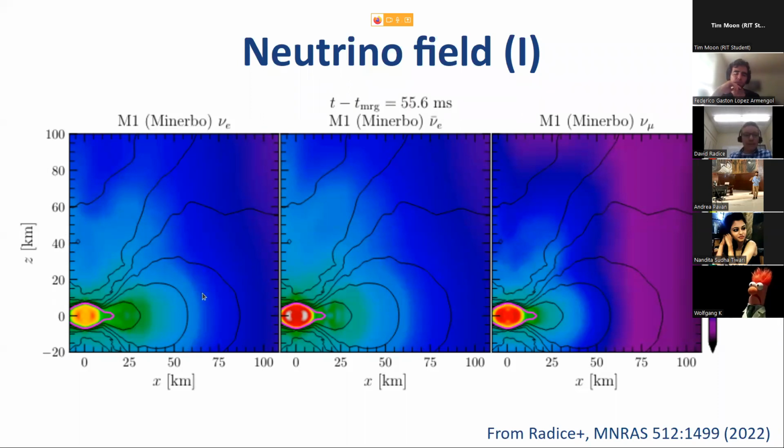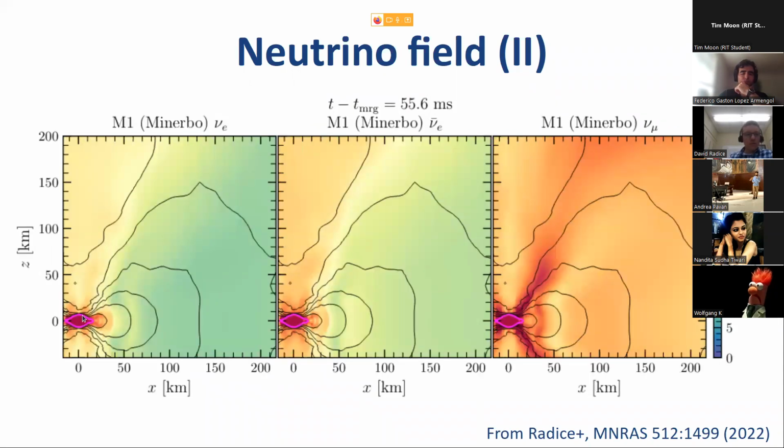And we find that instead material ejected close to the orbital plane is shielded from strong neutrino radiation by the disk. So it's not subject to the strong neutrino radiation from the remnant neutron star, but is shielded. And so this may have consequences for this argument on the composition of the ejecta as a function of the lifetime of the remnant. This is also compounded by the fact that, as Francois was discussing yesterday, the neutrino-matter interactions strongly depend